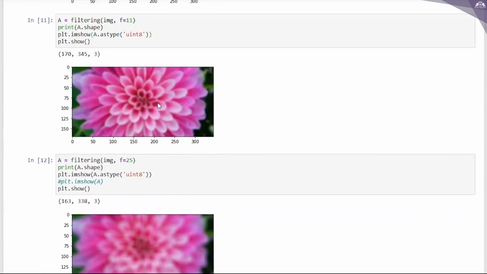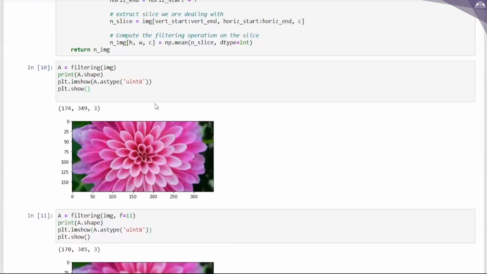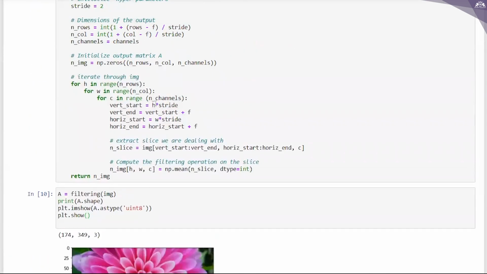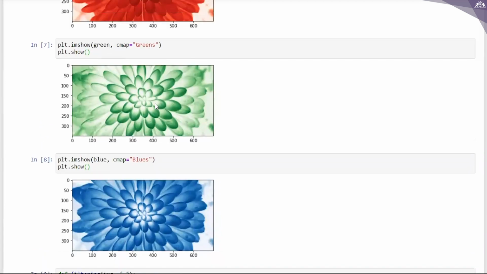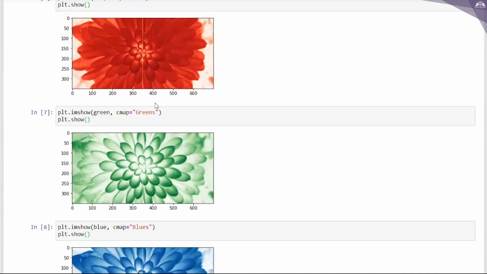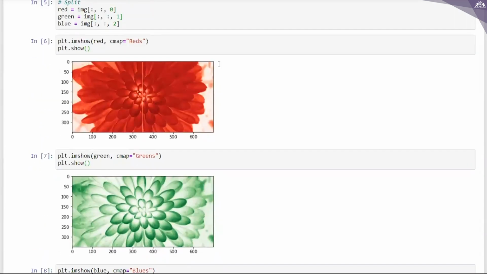We were just trying to understand how we can load image data, or how we can load a JPEG image, and then use some filtering. This is what we have seen in this video. Hope it is clear to you. So thank you.